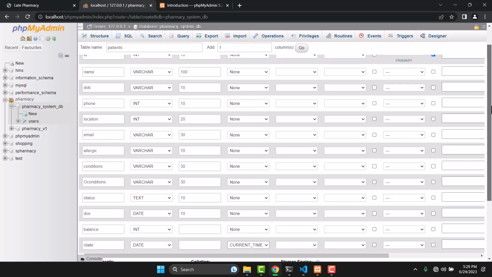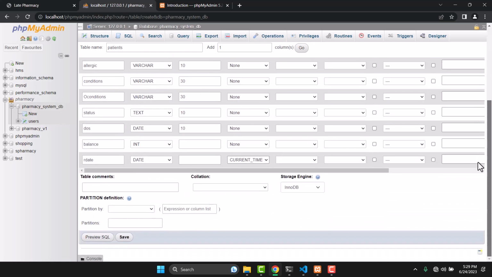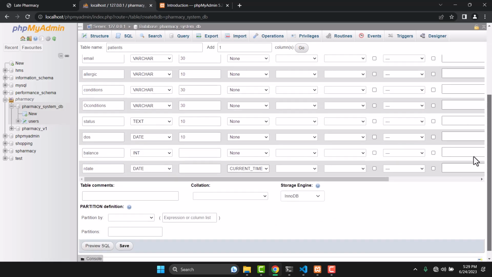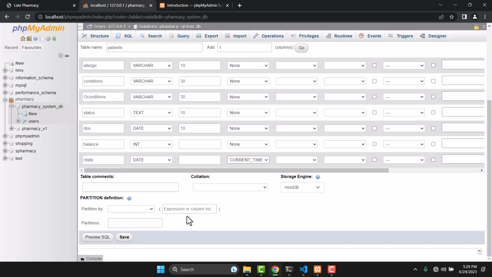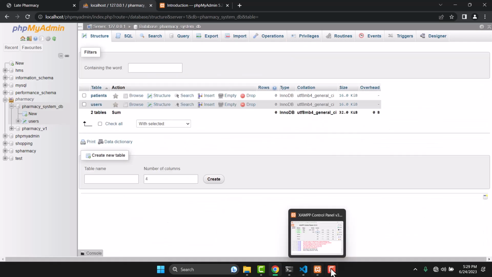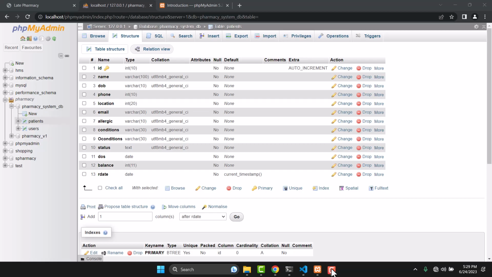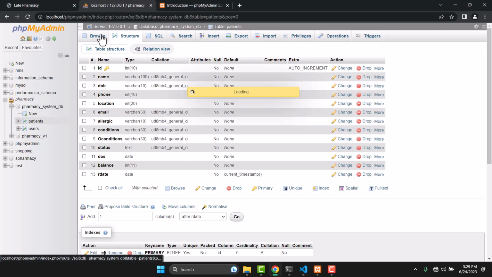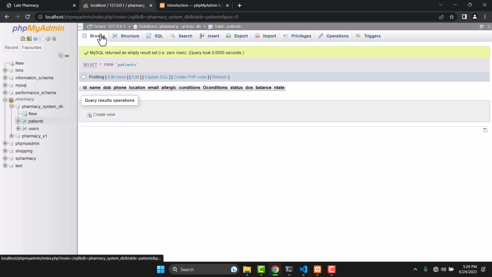So that being good, it therefore means that I can just create my table. To do that, I'm just going to click on save, and the table will be created. And so the table is created there, as you can see. These are the several columns that we have, and if you want to see both the columns and the rows, we're just going to click on browse, and here are the rows. For now we don't have any records, so we'll be creating some scripts that will be helping us